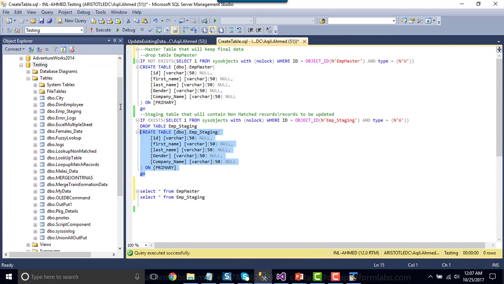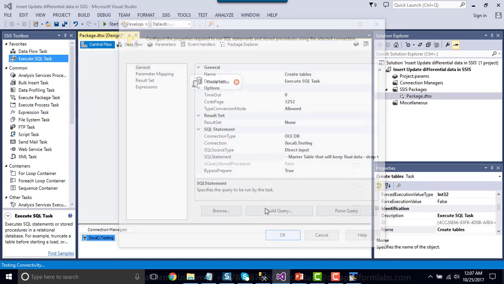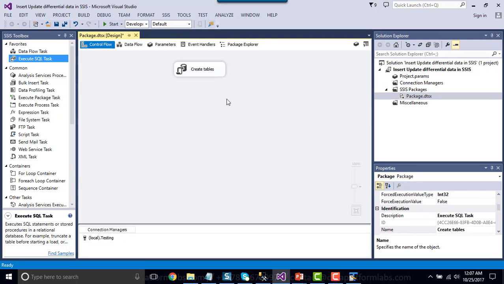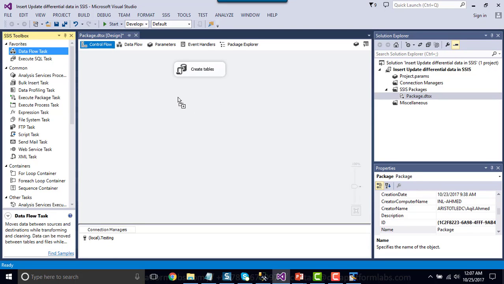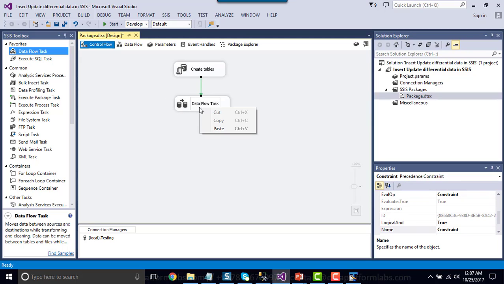Okay, so let me just copy the create table script and paste it here. This will create the tables, and then let me just drag and drop a data flow task and name the data flow task Calculate Differential Data.